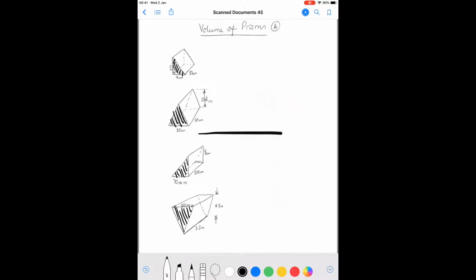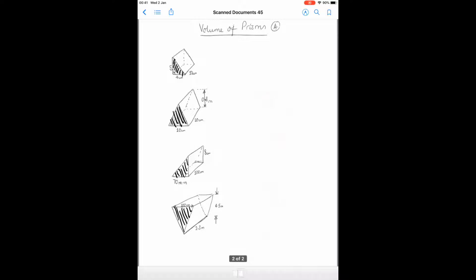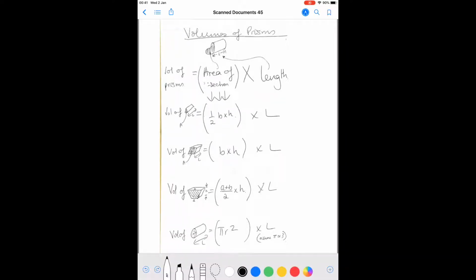Right, go to page 1. Now, volume of a prism is to do with the area of the cross section. The area of the cross section is the area of the face at the front, multiplied by the length. So here's the length in the diagram, the length of the prism. So volume of a prism is always to do with areas. So we're looking at the area of the cross section